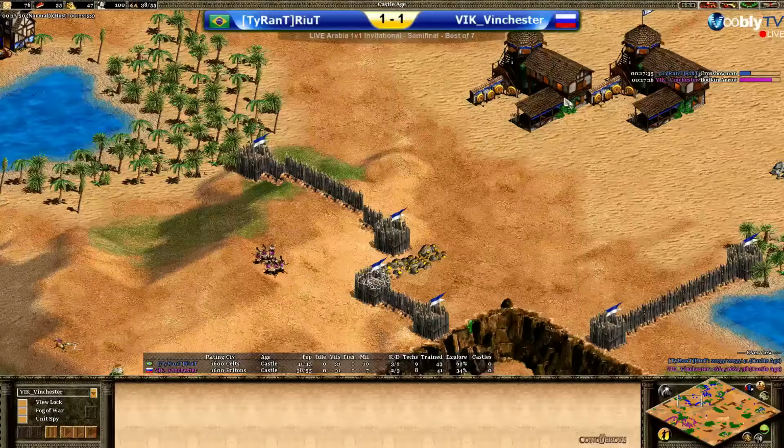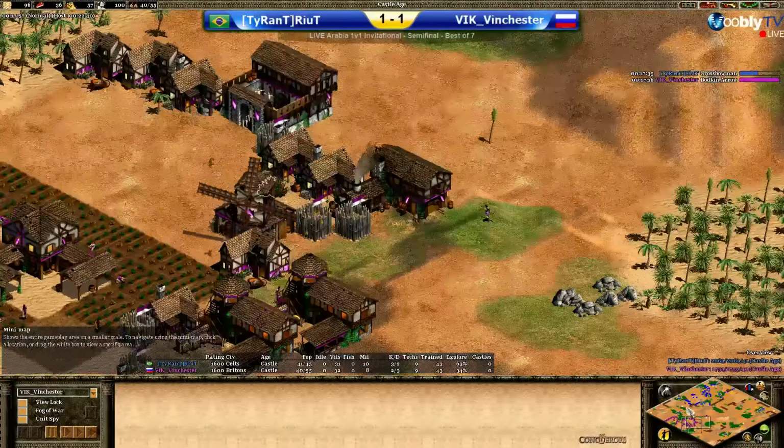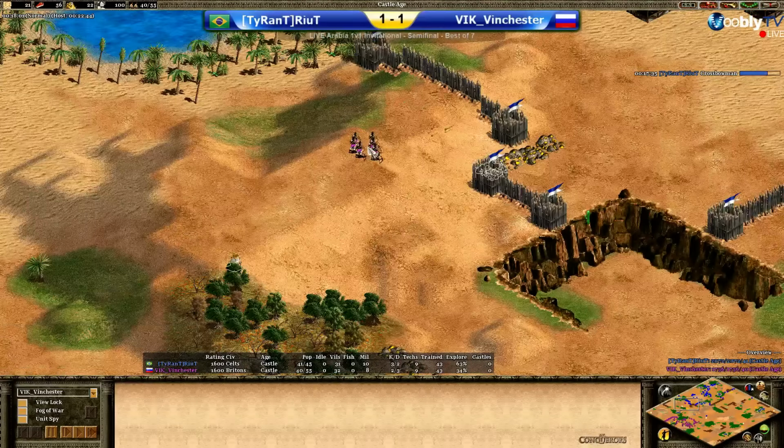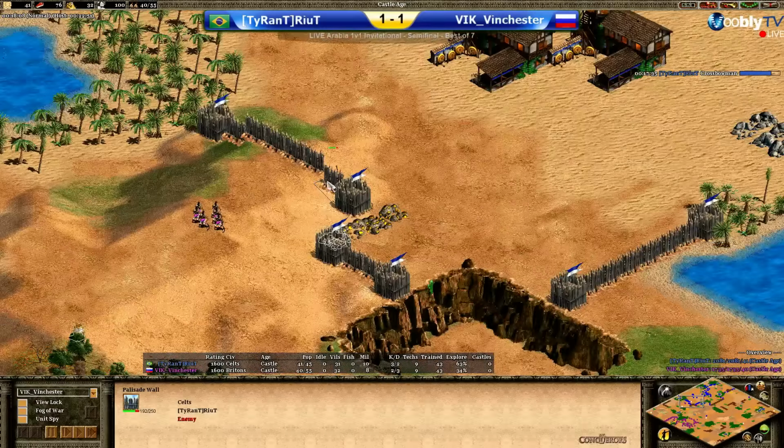Okay, should be fine. Let's focus on the game again. Yeah, I've been looking away for that 30 seconds. Let's see where we are. We've got archers from Winchester attacking the walls of RiuT's Palisade Wall. Both players have reached the Castle Age and will be going for...